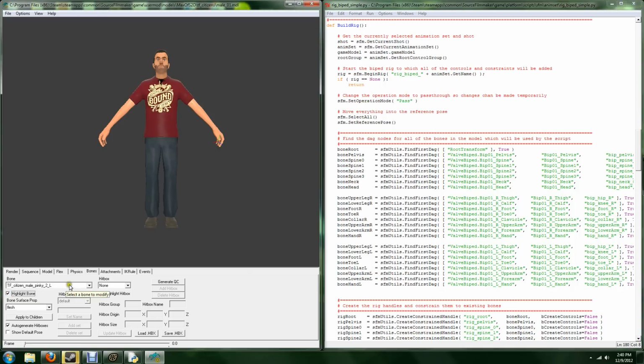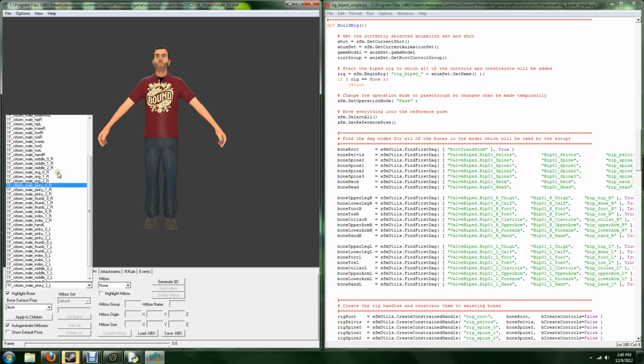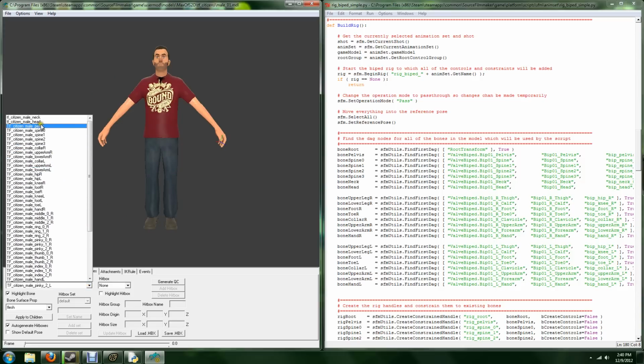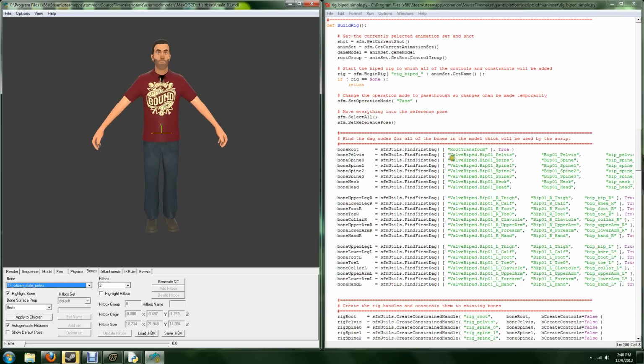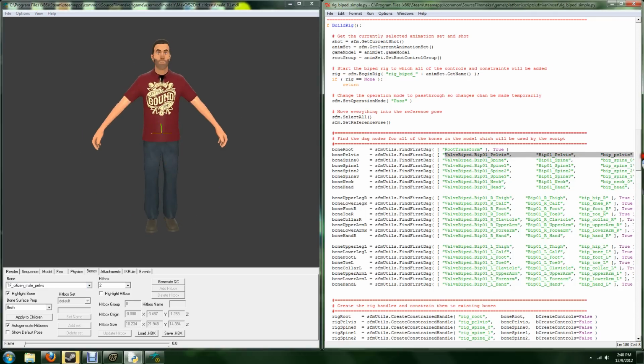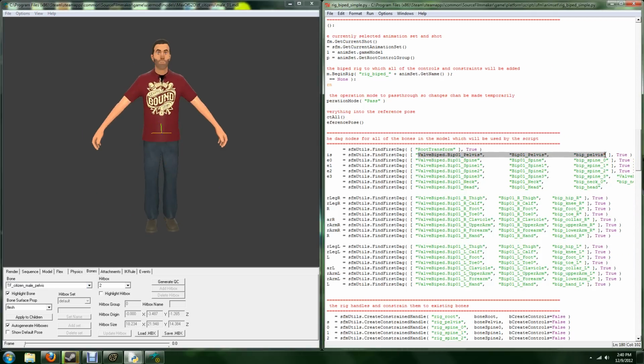So if we highlight, oh no, we got the pinky. So we have to find the pelvis of this model and change this name